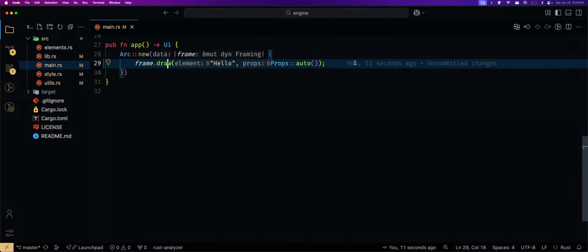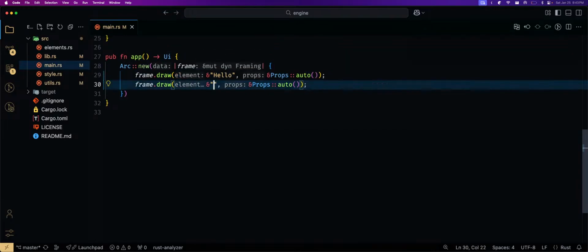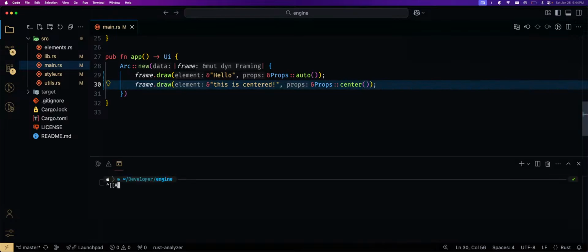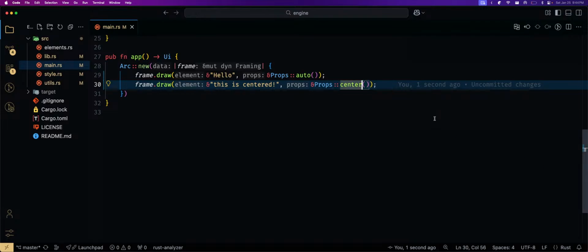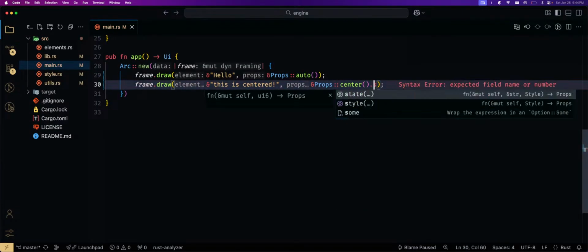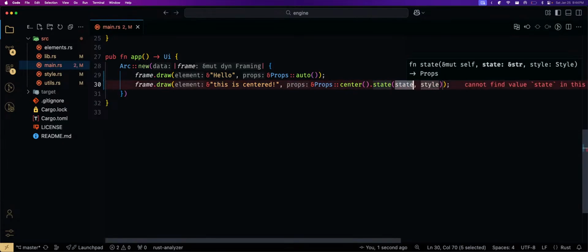So, yeah, we offer to draw the element. Let's also offer to draw another one. Testing that this is centered and center. Nice. And there's currently no hover thing going on. The hover state is still there, but the styling there isn't any. So if I add here dot state in the props, we can add the state, which is going to be hover, and the style, which we do